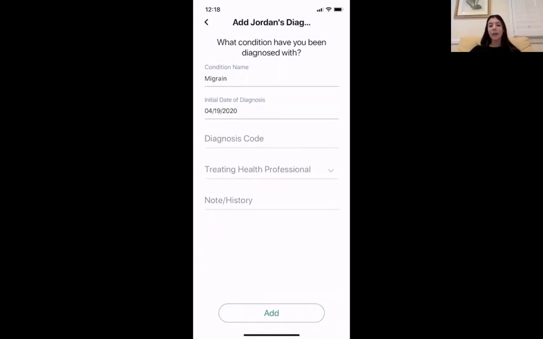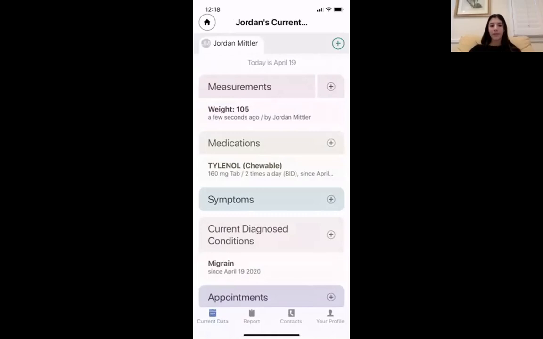And then you're going to be able to add the treating health professional who diagnosed you with this condition that you added into the app. And then you can save this, and then as it showed before, your medications, it shows underneath your current diagnosed condition of migraines. Okay, great.